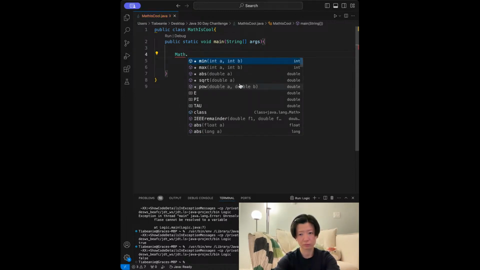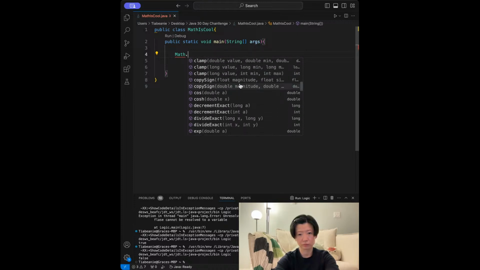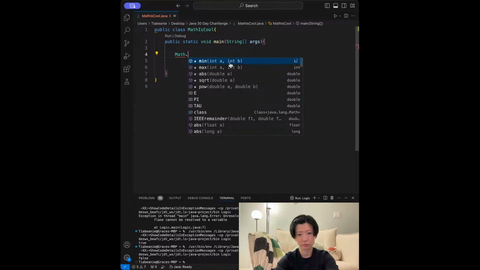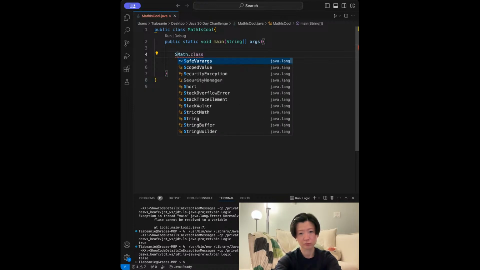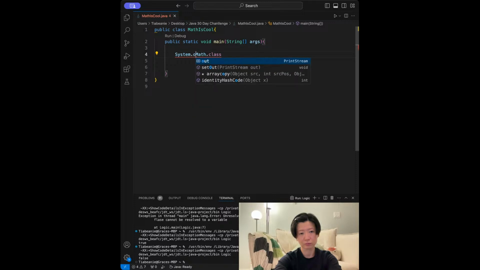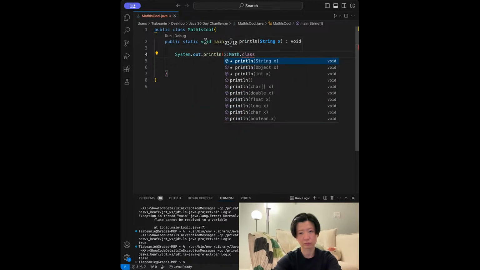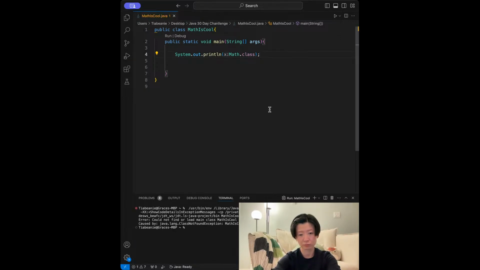So if you have one that you're really interested in learning about, then you can skip to that section of the video. But we'll start by doing Math.class and throwing that in a print statement. We'll print out Math.class, see what that does. And that just brings up class java.lang.Math. This is a variable inside the Math library that tells you what class it is and where the corresponding code is. We'll move on to the next one,